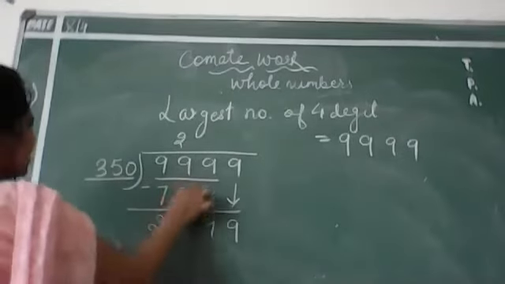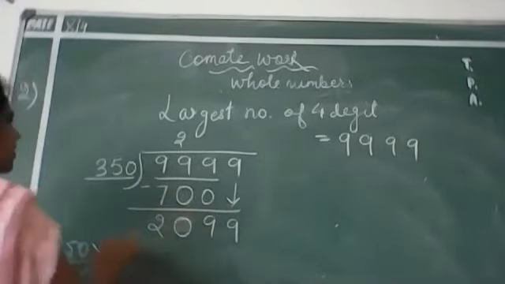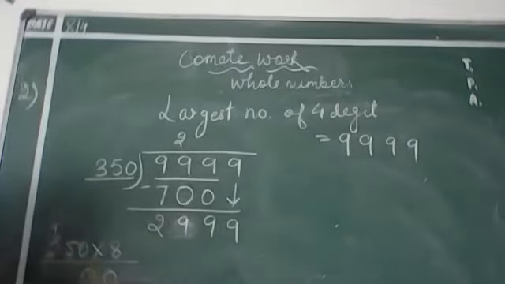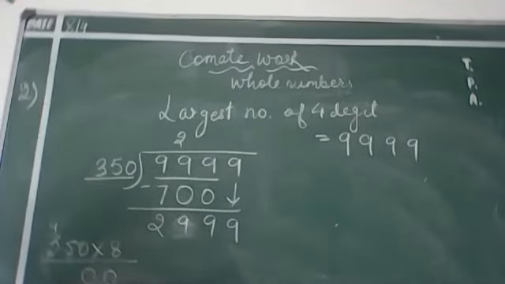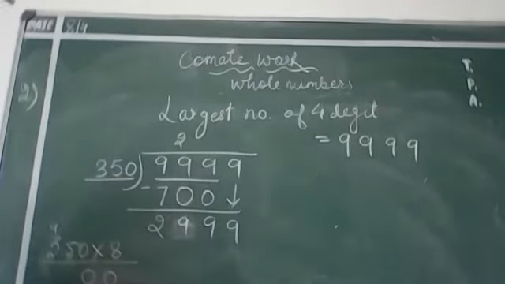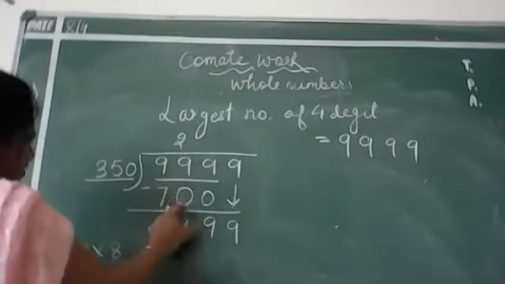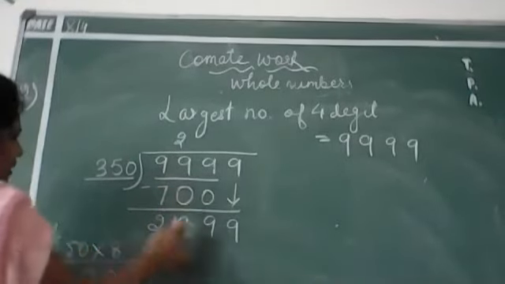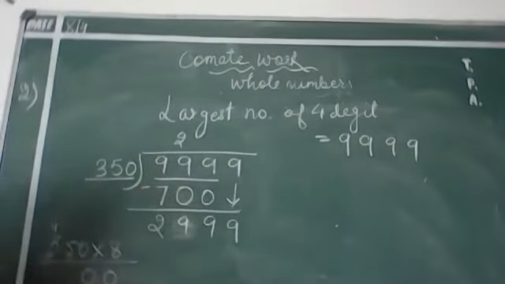Sorry, it was 7, sorry, beta. It was 700. It was 700, sorry. By mistake, I have written it. Yes, 35 twos are 700 will come. Okay, so it was by mistake, sorry. So 35 twos, it was 700. It will be 9 only. This will be 9 only. This 9 minus 7 will be 2 only.